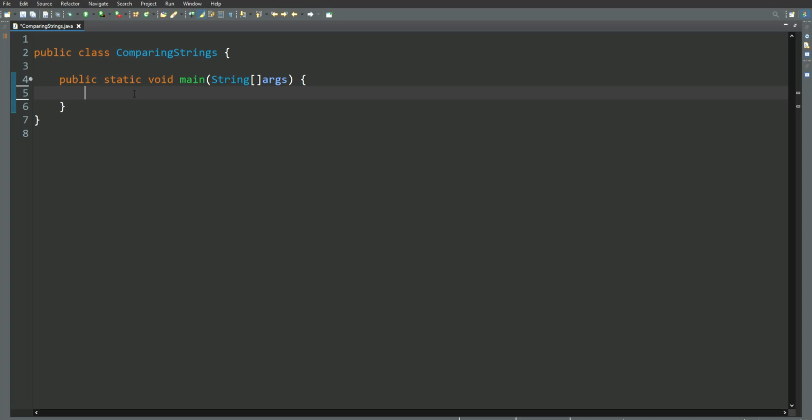And in today's video we are going to be going over two different ways to compare strings, and why you would want to use two ways and why can't you just use one to compare two strings. So to help us out, I've written the comparing strings class here, and we're going to start off in the